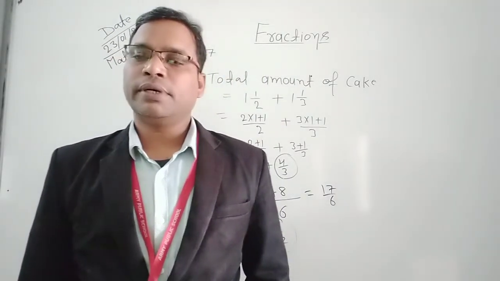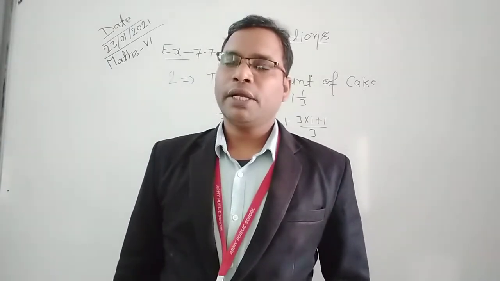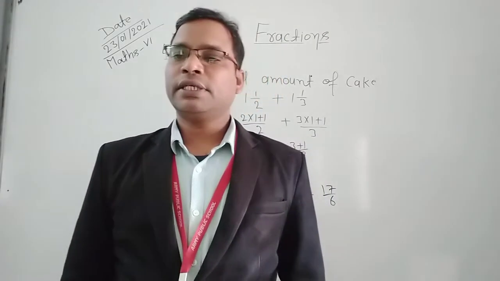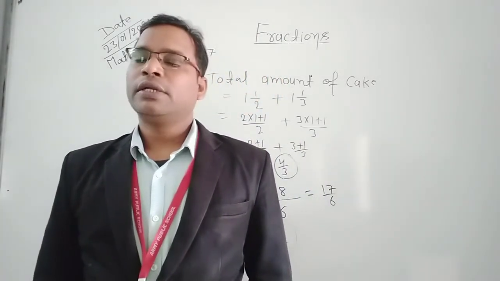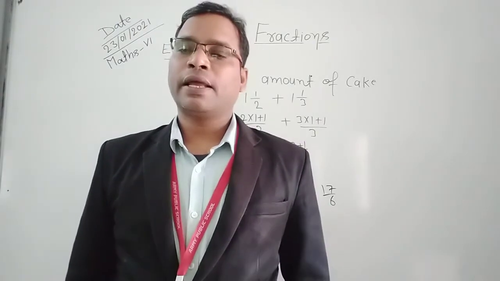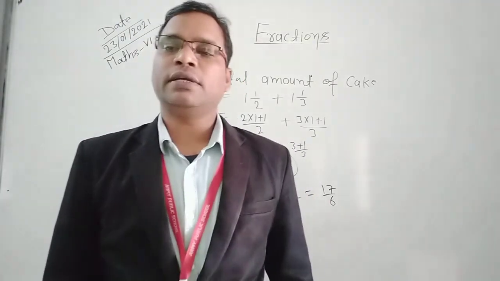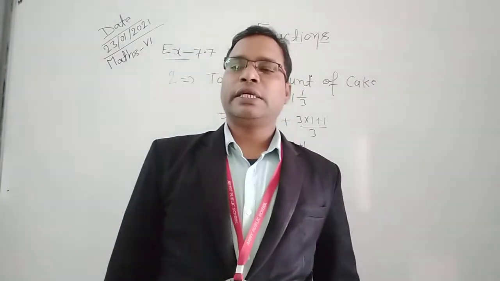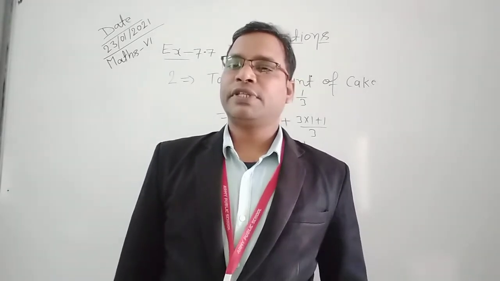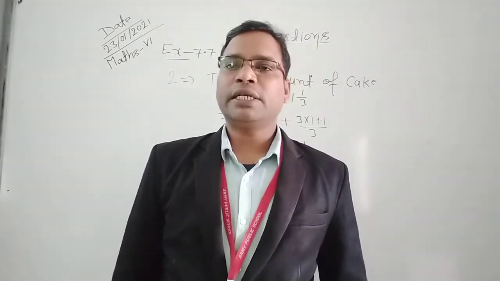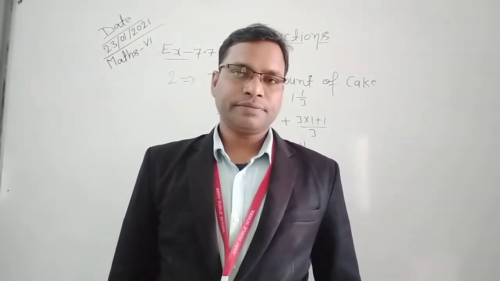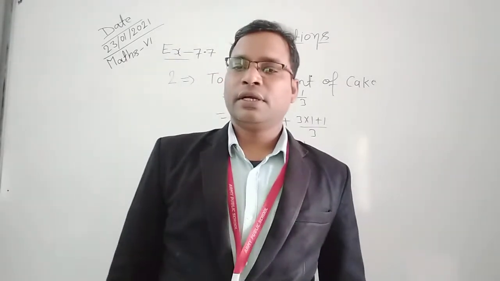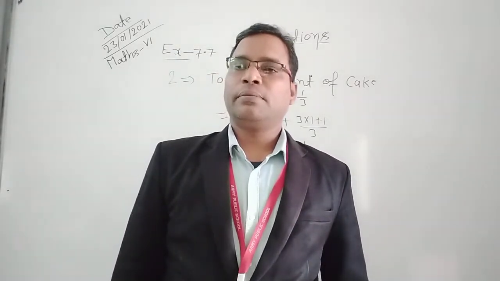One day a labor earned 58 whole 1 by 2 rupees. Out of this money he spent 18 whole 3 by 4 on food, and rupees 6 whole 1 by 5 on other needs. How much amount of money is left with him? This is clear. So first we write here money earned by labor.